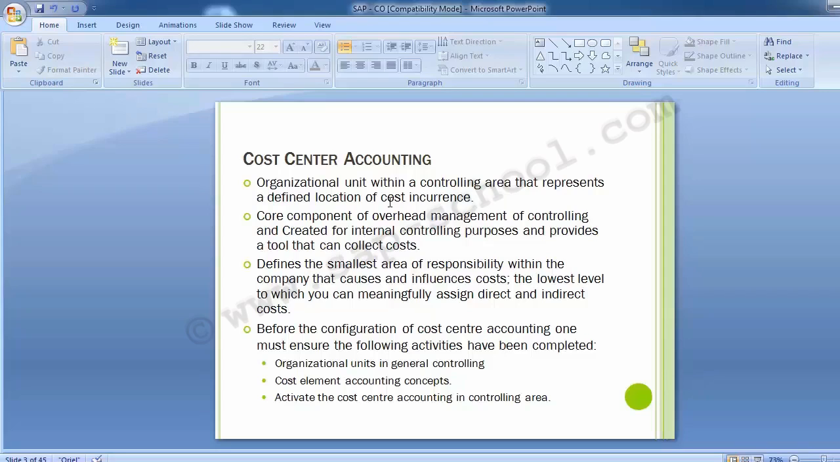So as discussed, now before moving up to the configuration of cost center accounting, one must have to ensure that the below three activities are completed. One is the